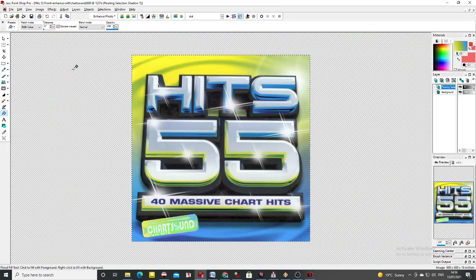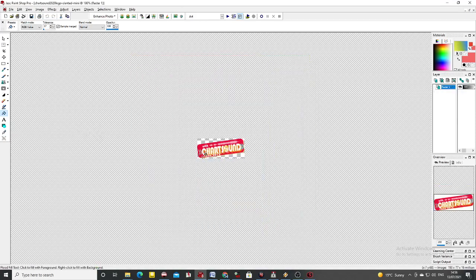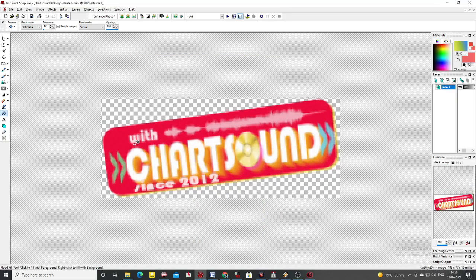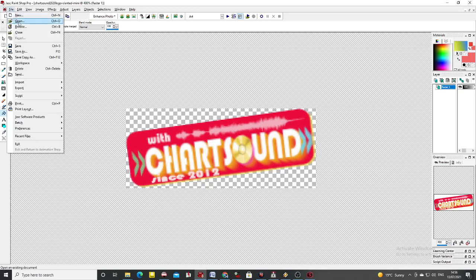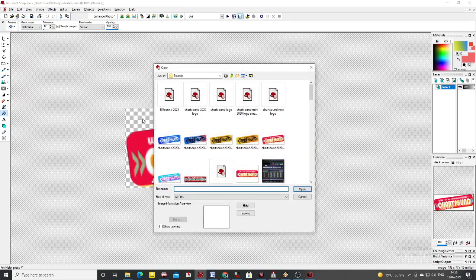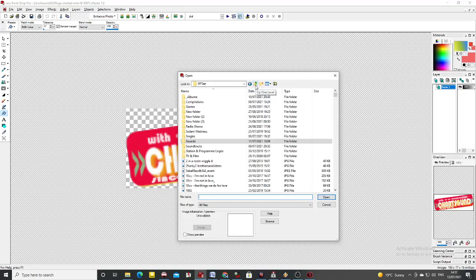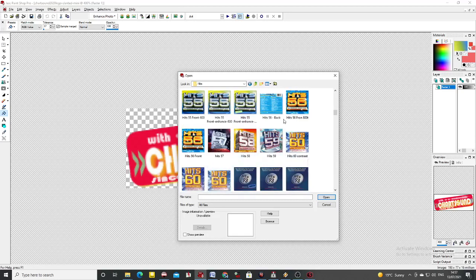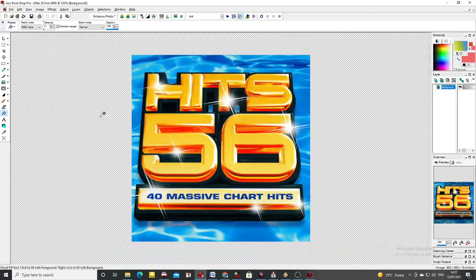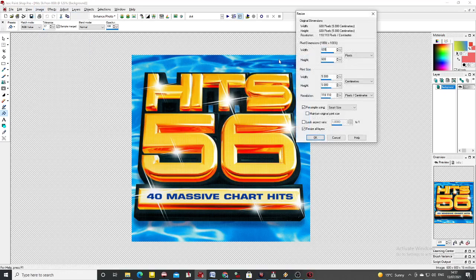But the normal logo of chart sound looks like this. And there it is with the red. So what we'll do is we'll try and do the Hits 56 cover live. As mp3s can have cover art, I will put the chart sound logo over it as well. So we'll go back to where I've hopefully got a copy of the Hits 56 cover, which looks alright. I'm going to resize it down to 600,